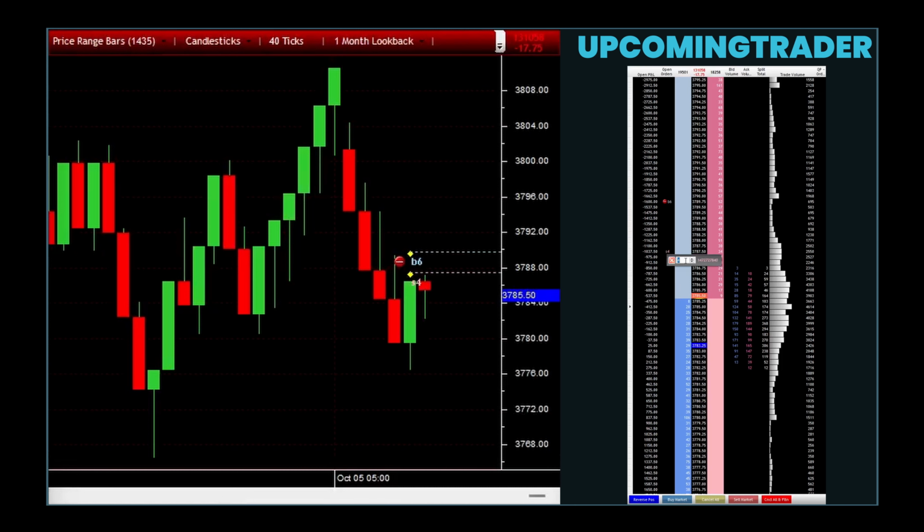Deciphering market sentiment is crucial in understanding why the inverted hammer pattern is significant. Market sentiment refers to the overall attitude of investors toward a particular security or the financial market at large. It represents the psychology of market participants and can be bullish, bearish, or neutral. When an inverted hammer appears after a period of price decline, it suggests a potential shift in sentiment from bearish